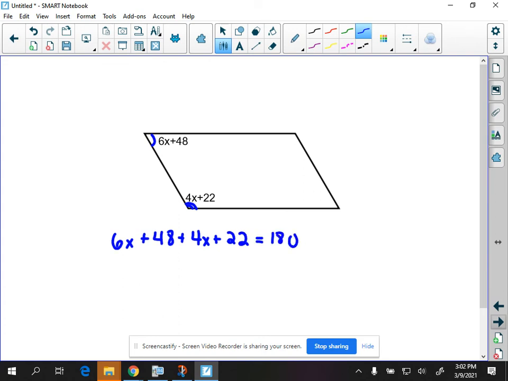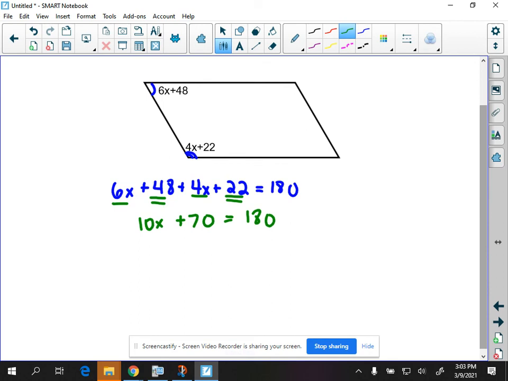So my first step is to go through and combine together my like terms. So I have a 6x and a 4x that I can combine together to make 10x. I've got 48 plus 22, which I can combine together to make 70. And this is equal to 180. All right, and then now I have a two-step equation to solve for x. So I am going to subtract 70 from both sides of the equation. I get that 10x is equal to 110. And then my final step would be to divide each side of the equation by 10. And I get that x is equal